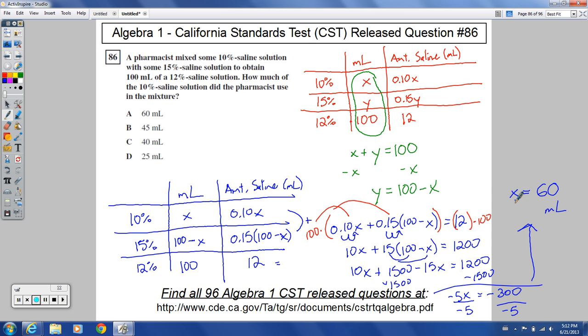Now, is this our final answer? Let's think about it before we just stop there and say, oh, yep, it's choice A. How much of the 10% saline? Was the 10% saline represented by the x variable or by the y variable? It was represented by the x variable. So this is a correct final answer. The 40 milliliters would be with the 15% solution. So you'd have 40 milliliters of that, you'd have 60 milliliters of this. Now with this one you probably could use some trial and error, but I wanted to show you the way that works every time if you can't see how it's all working out. So number 86 should be choice